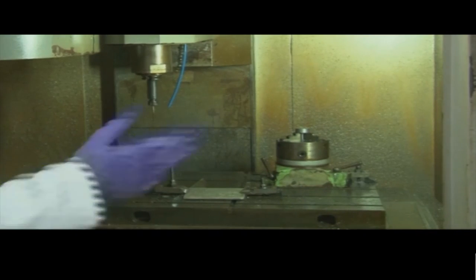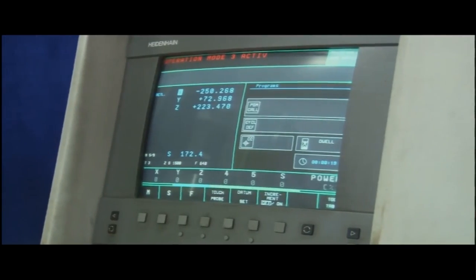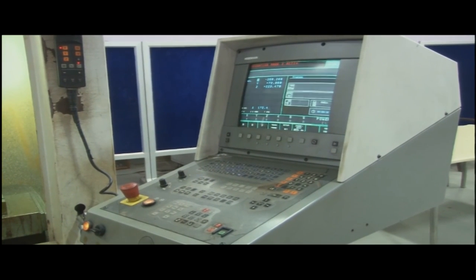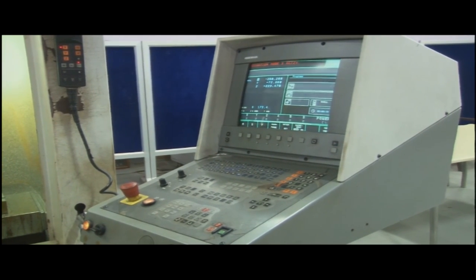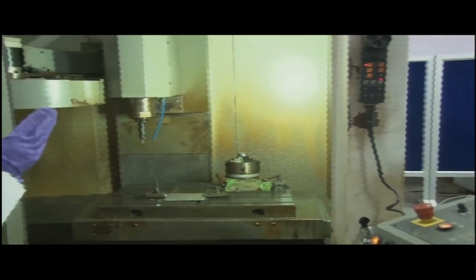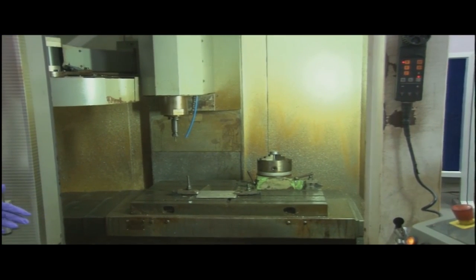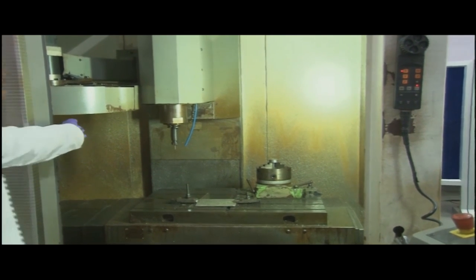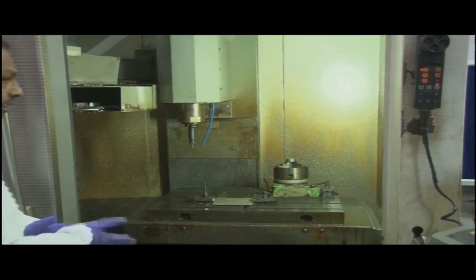As mentioned before, this is integrated with the control panel. This control panel is why it is known as CNC, computer numerical control. This panel has knobs, buttons, keys on it that can be used for MDI. MDI is manual data input, and also initially we have to set the reference that is used.